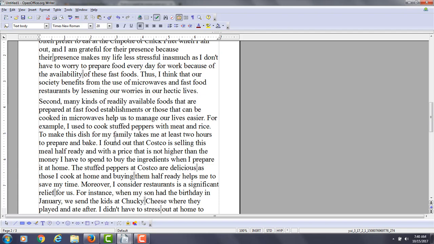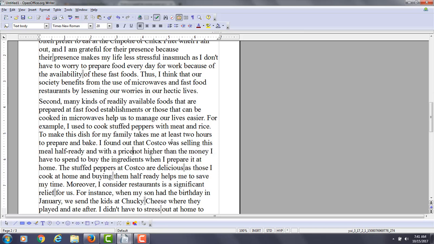You're making me hungry just reading this paragraph. So you say, for example, I used to cook stuffed peppers with meat and rice. To make this dish for my family takes me at least 2 hours to prepare and bake. I found out that Costco, because you said past tense in the beginning, was selling this meal half ready and with a price not higher than the money I have to spend